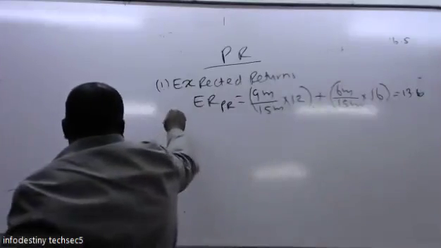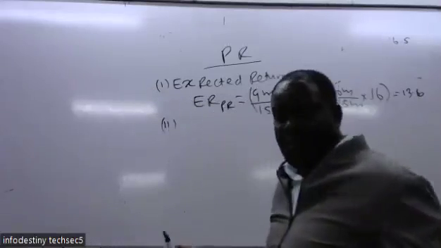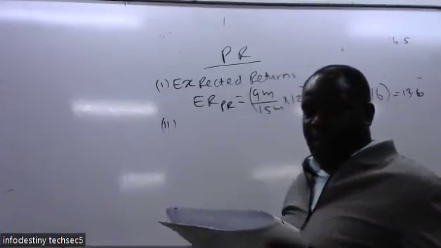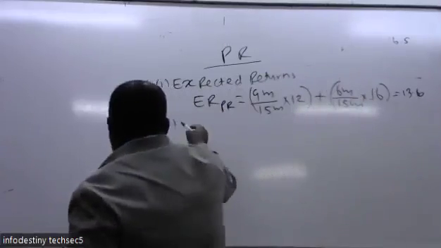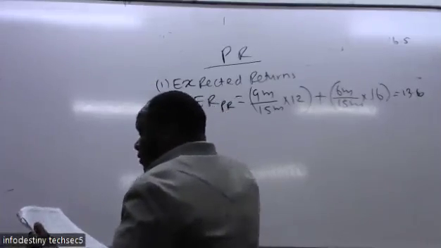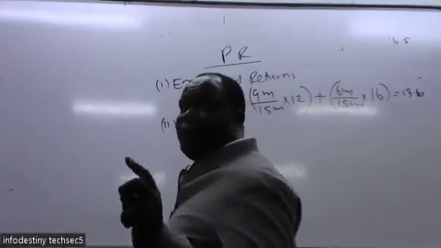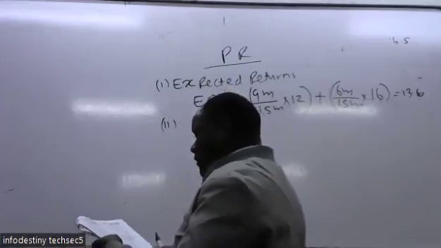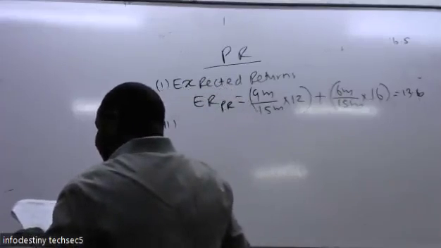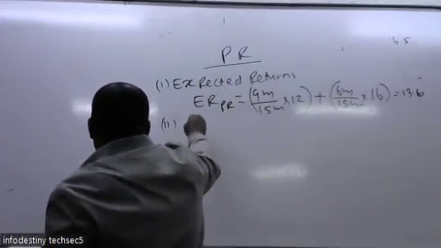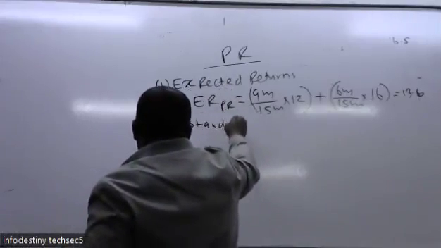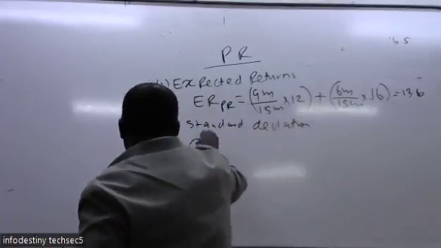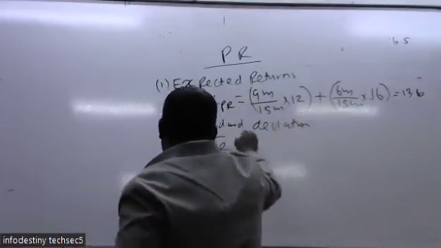We also compute the standard deviation, because they want the expected return, standard deviation, and the correlation. We shall deal with each combination for all of them before we go to another combination. So to get the standard deviation of PR,